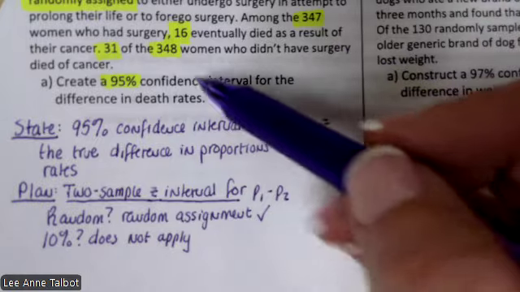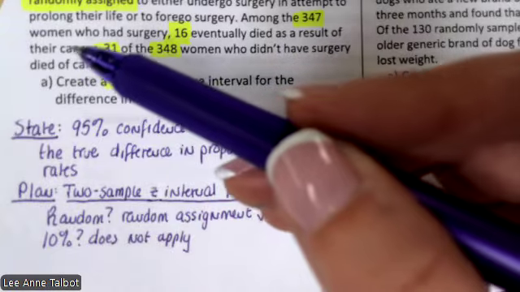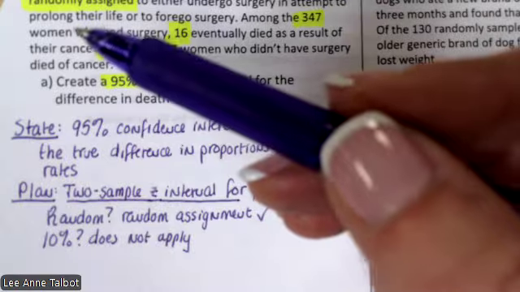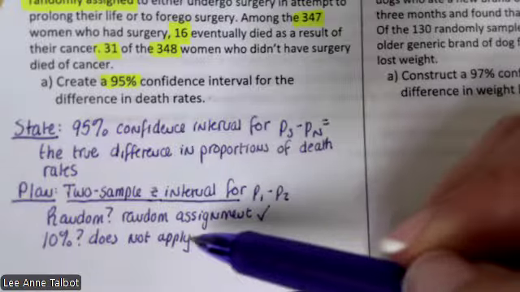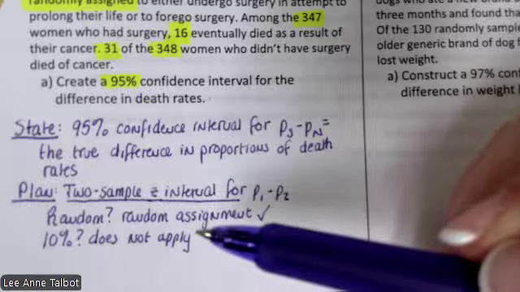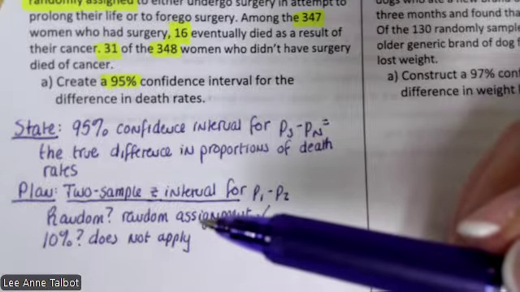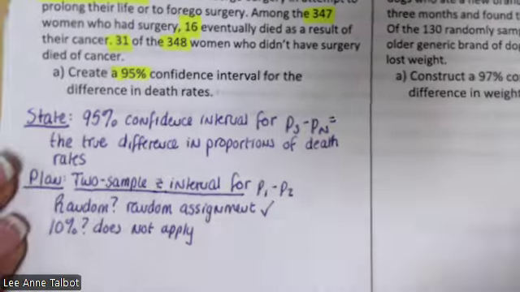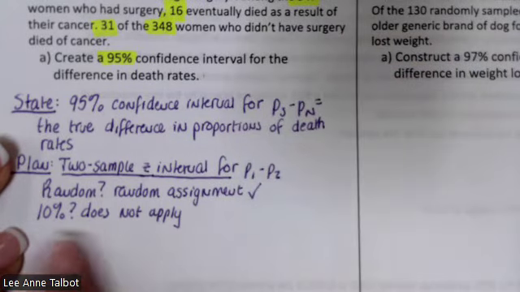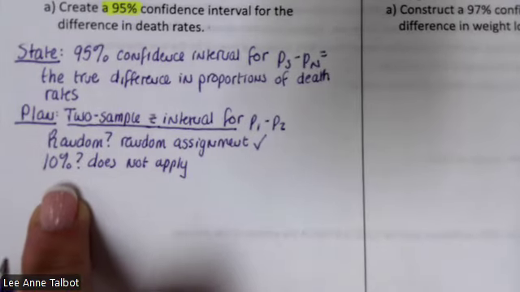They'll put 347 women who had surgery and eventually died. If you knew that, then why would you do statistics? Your sample is just of people who had surgery. So when you're doing the 10%, just take whatever the sample is, so 30 tosses of the coin or whatever, and then change it to all. Take that number and change it to all. In this problem though, it's an experiment, so 10% does not apply. Do I need to write this bit? No, but I'm going to write it because, you know, I'm special.